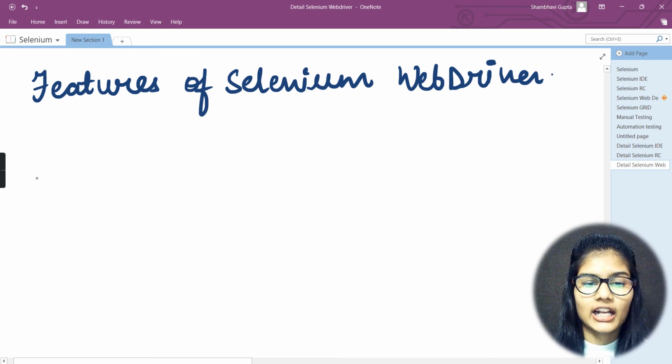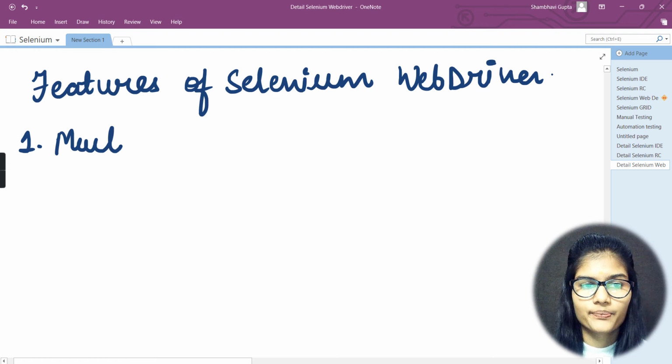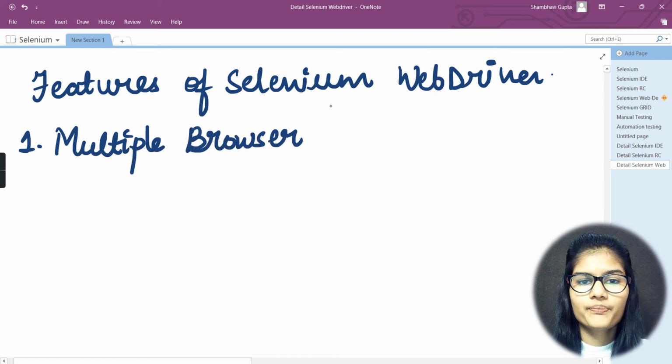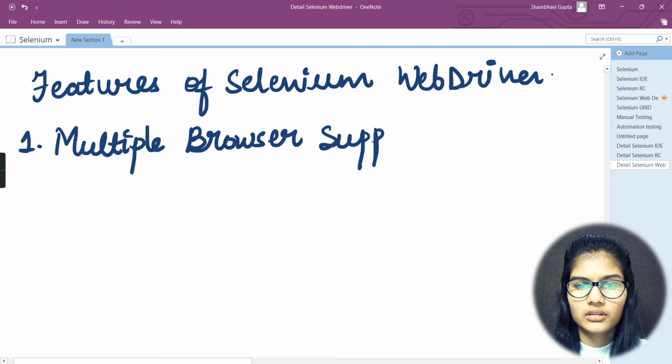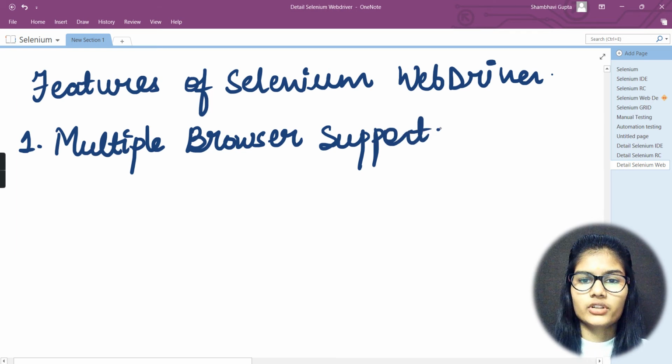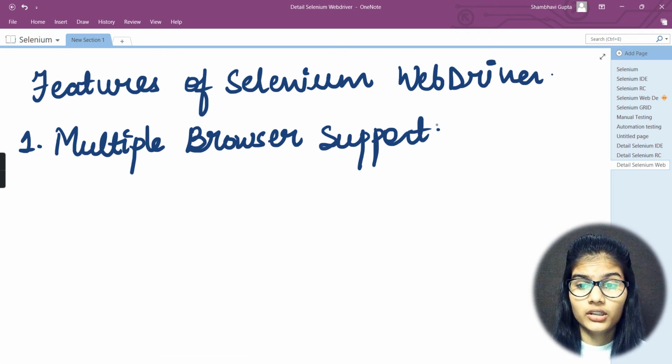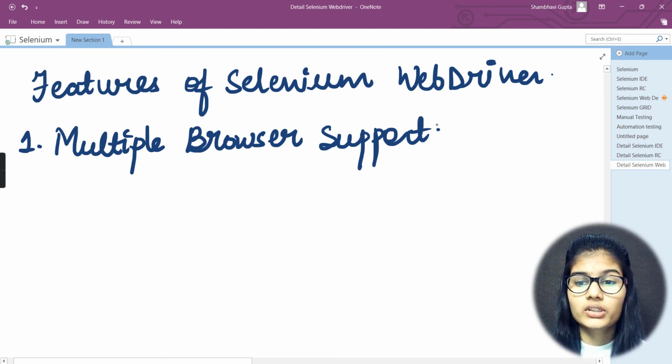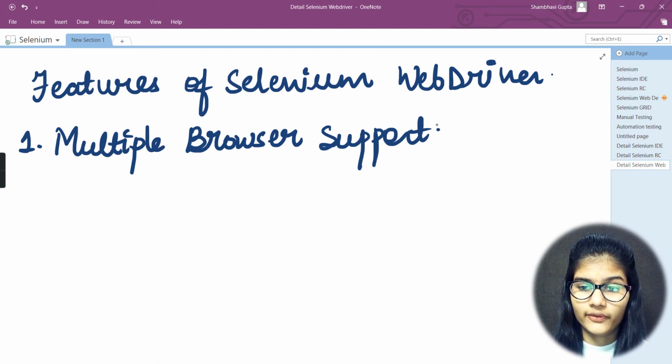I'll be starting now with the very first feature of the Selenium WebDriver, and that is multiple browser support. See, from the very start, when we started learning about Selenium WebDriver, we learned that Selenium WebDriver is one of the suite of tools which has multiple browser support.